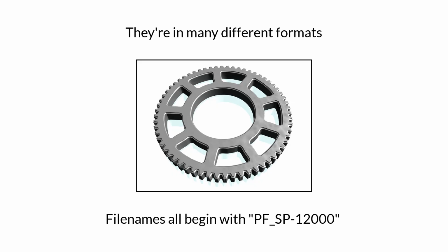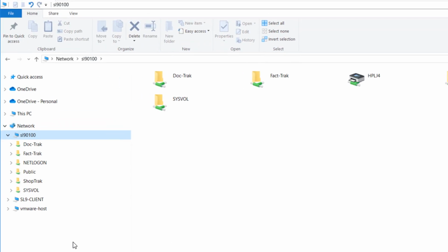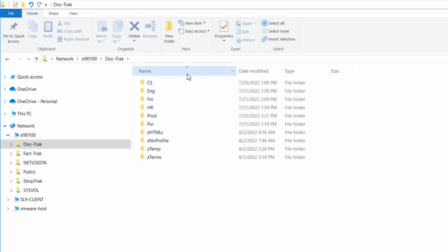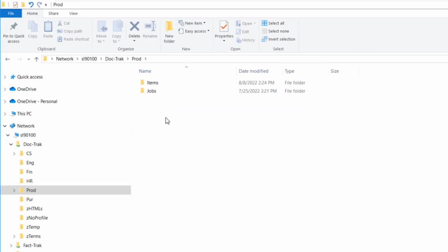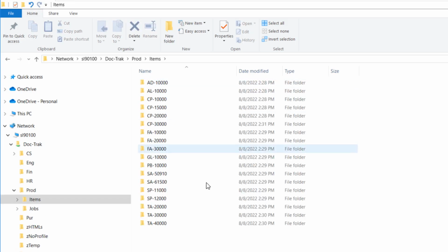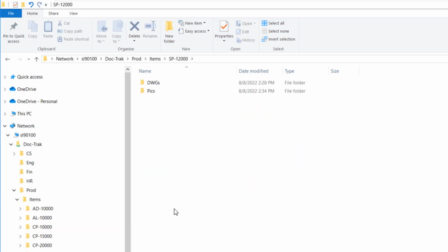We'll take a look at the File Explorer so you can see the logic that we used. We start with the DocTrack directory, then the Production subfolder, the Items folder, and then a subfolder for each individual item. We use the exact item number for the subfolder name. Finally, there's another subfolder called Pics.